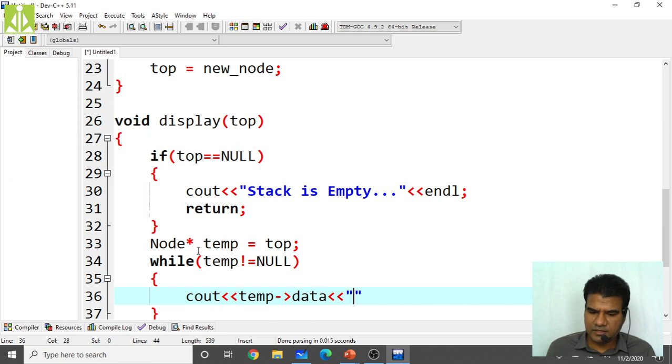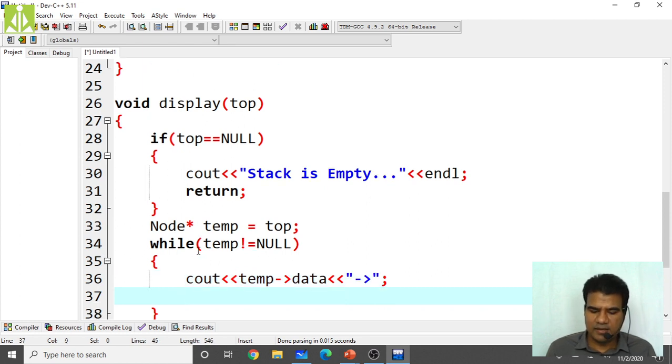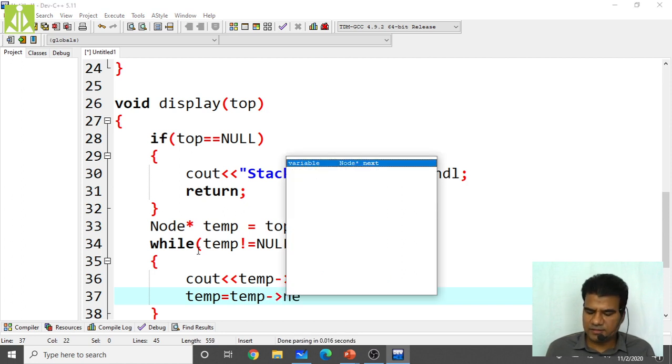We have to print this special symbol just to have the links between the elements. Okay, so like this you print. Then close this one and make temp equals to temp of next, that's it.